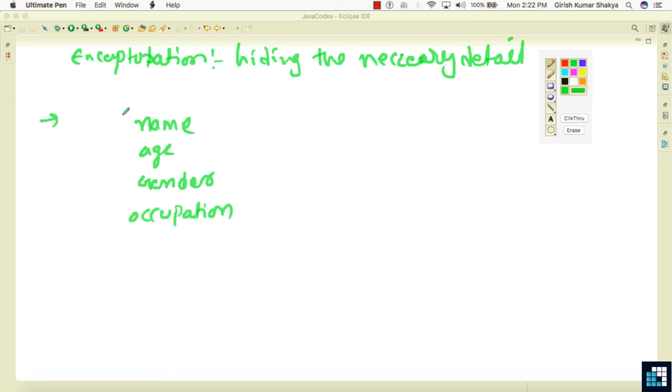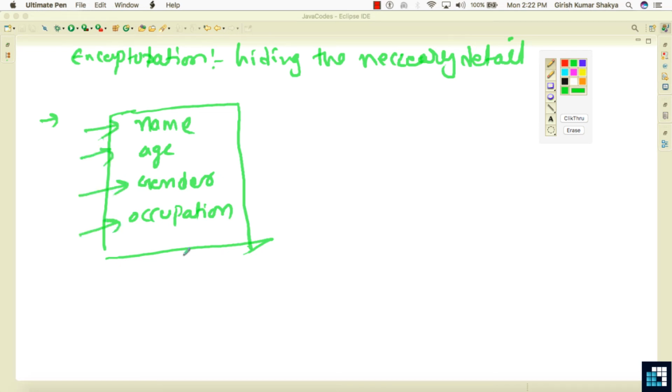Now, what is happening over here? These are the identifiers, and as per the rules of object-oriented principles, we don't want anybody to access these four directly. Because if somebody accesses them directly, that means anybody can manipulate them. Now, what can we do? We can hide them, and how can we hide them? By using the modifiers,